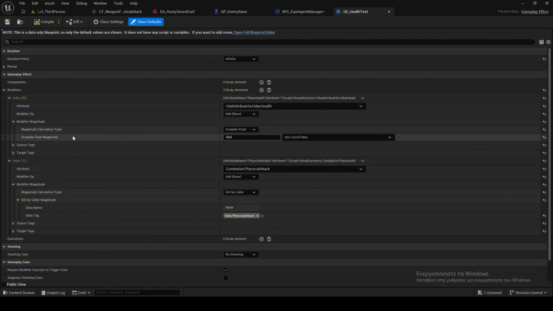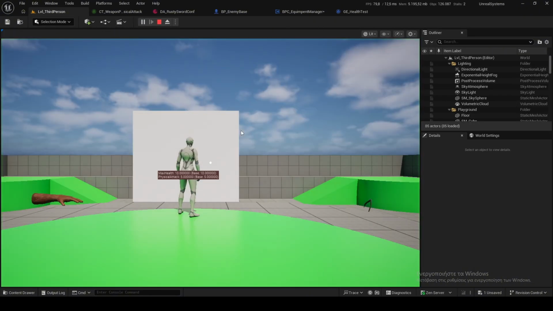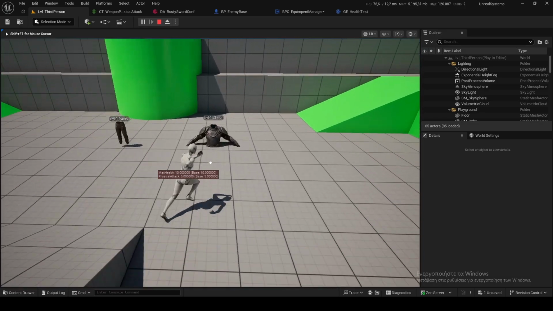I give 50 max health, which is a hard-coded value. And now I give a magnitude calculation type of set by caller, and this is dot physical attack, which means that if you think about it, when I equip the chest, for example, now,